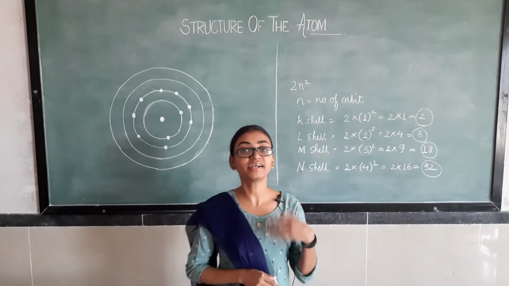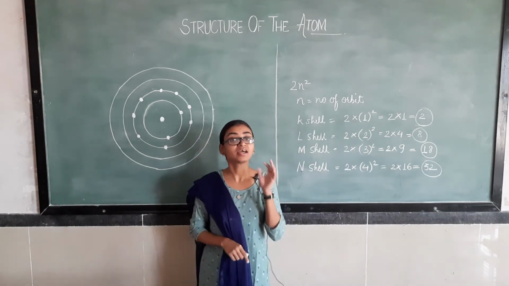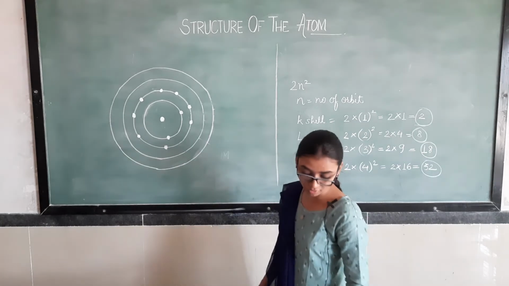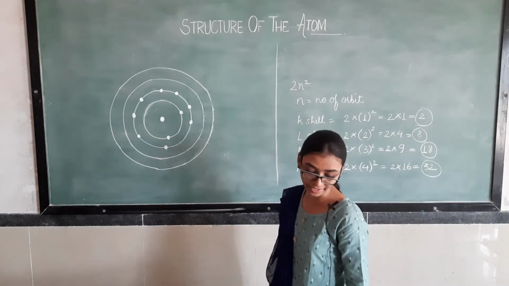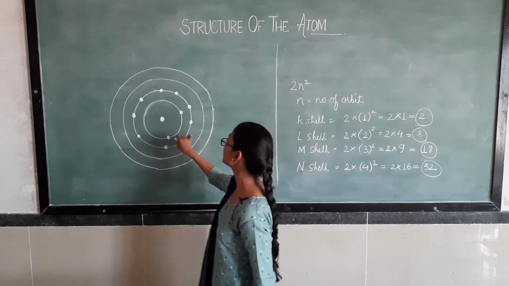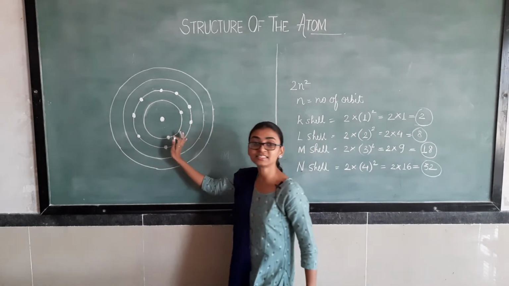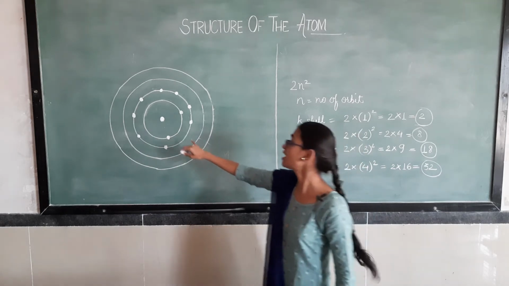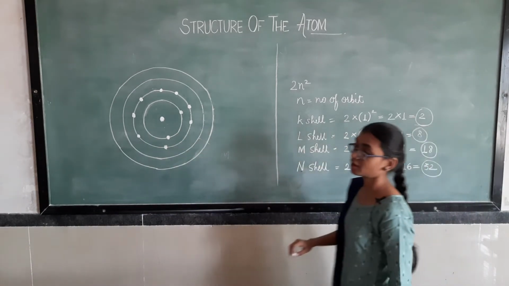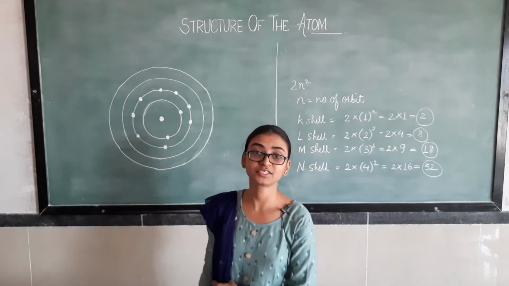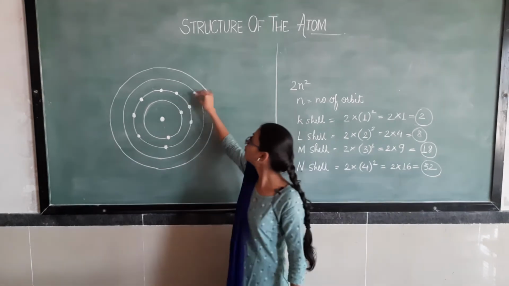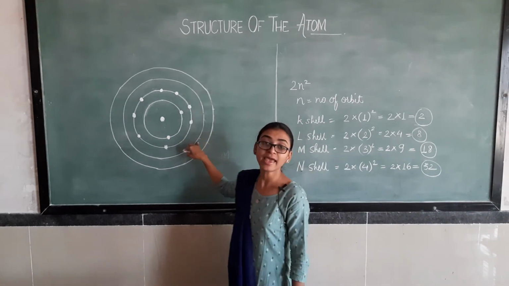So the second inert gas is what? It is neon. Now again you will see the electronic configuration of sodium. The symbol of sodium is Na. Here we can see that this L shell is complete with the electrons. As we know, the maximum number of electrons in the L shell is 8. So for the electronic configuration of sodium, we will adjust the electrons now. We will fill the electrons in the M shell.